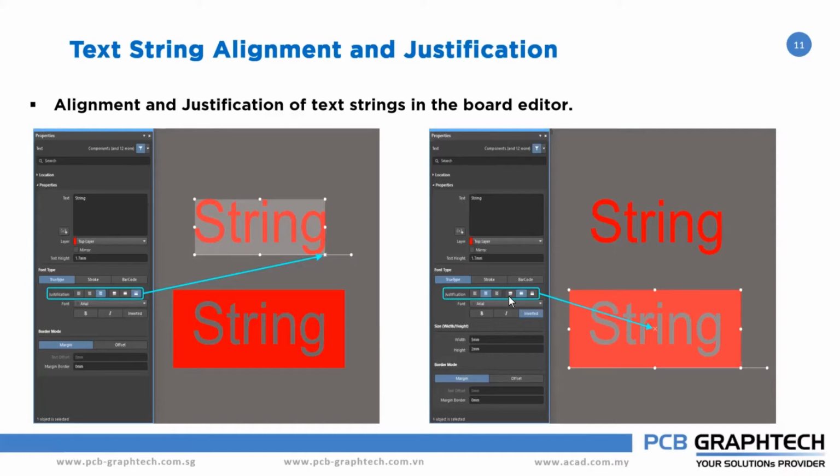So, you can see in the properties panel, and then the justification can be done inside the bounding box to place it vertically up, down or center, or left or center or right. So all this can be done now inside the software. Also, we can do the alignment also, okay, for the text strings.